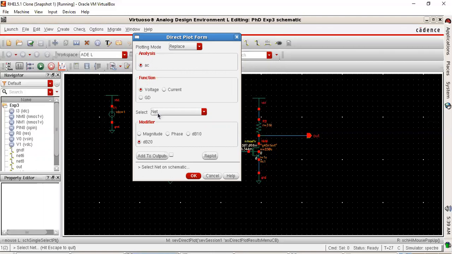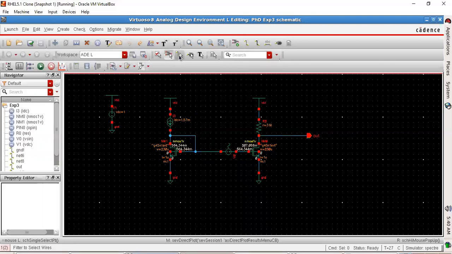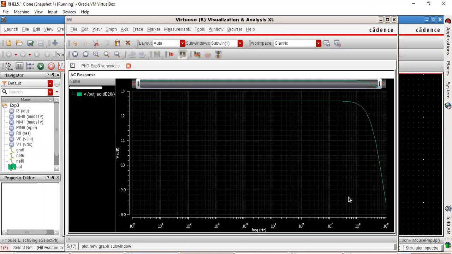I want to see the output voltage. So there are different modifiers available here. So I'm comfortable in plotting AC analysis and reading the output gain in decibels. Generally that will do. If you want to see in magnitude also you can do. So I'll take DB20 and the output is a net, right? And I'll select the net on the schematic. Yeah, to select the net, this should be enabled. Net on the schematic. And you can see the AC analysis window. If you click here, you can see 12.6 dB is the gain of the amplifier at lower frequencies.